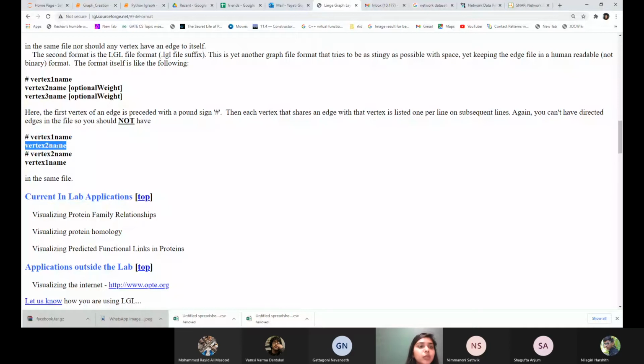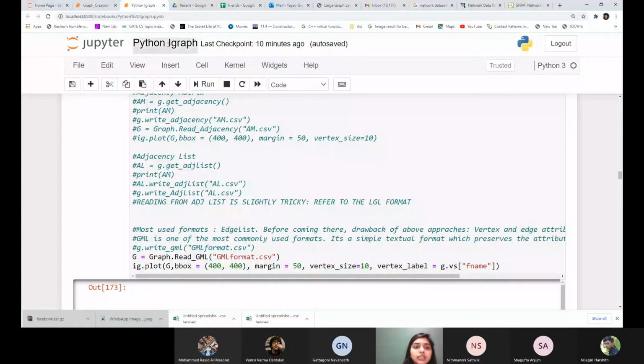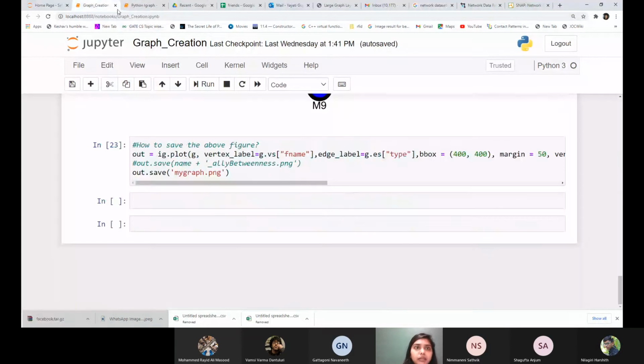If it is adjacent to one more vertex, then you should hit enter here and type that name. Now hash vertex 2 name here means that I'm going to tell the adjacency list for vertex 2, and so on and so forth. So it becomes slightly tricky. Whenever you have your data, you need to write it in this particular format if you want to use this LGL format here.